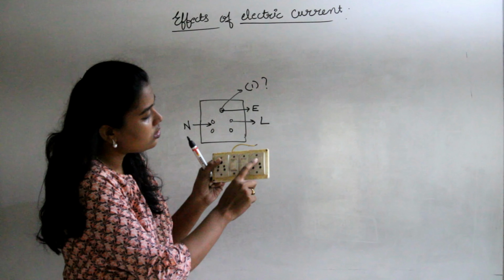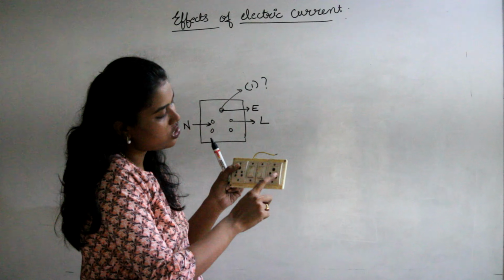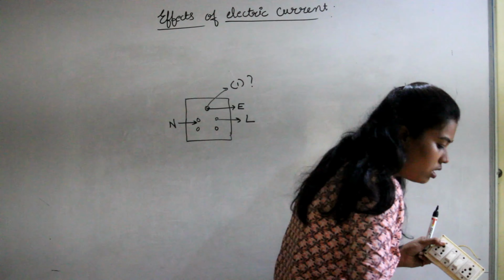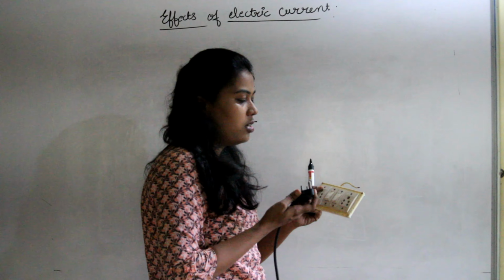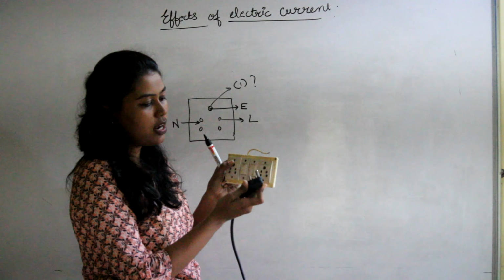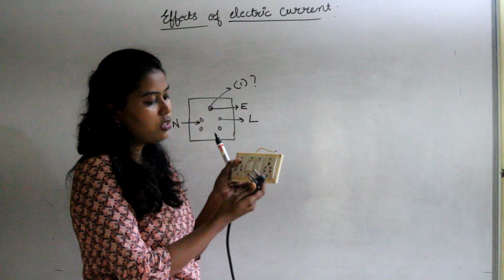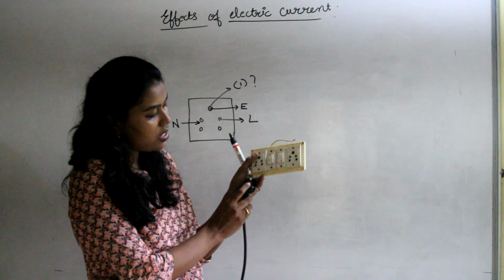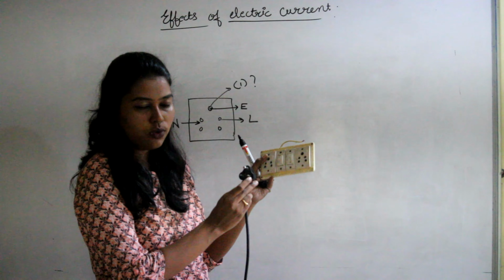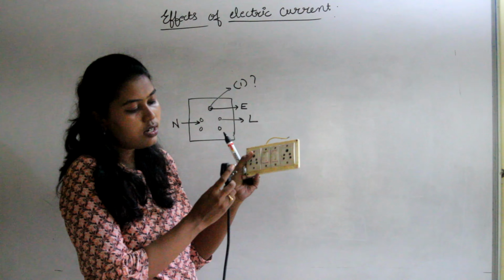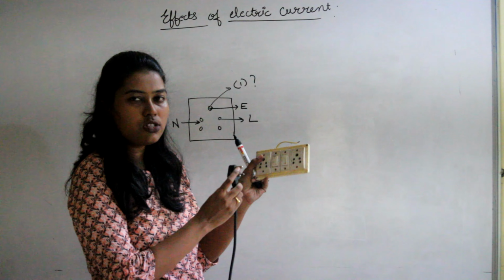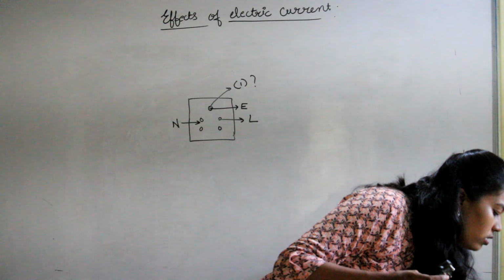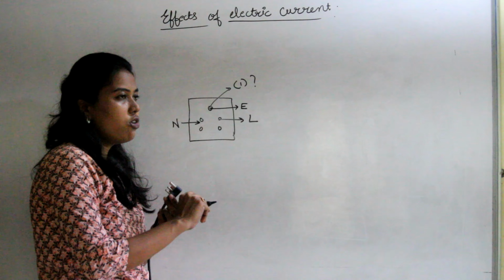So we can see here that this earth terminal, as I have shown here, has a greater cross section as compared to the other terminals, right? So what is the use of that? I'm going to answer it right now. This is the pin that goes into this socket, right? Like this. Through this pin, we can see that the earth terminal has a greater cross section as compared to the other two, and the length of the earth pin is also longer as compared to these two. So why is it longer and why are the other two terminals short? That question I'm also going to answer today.